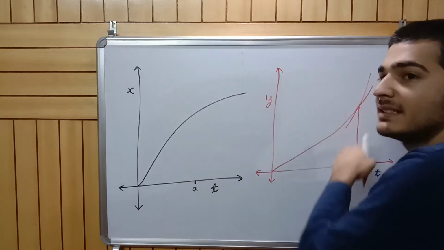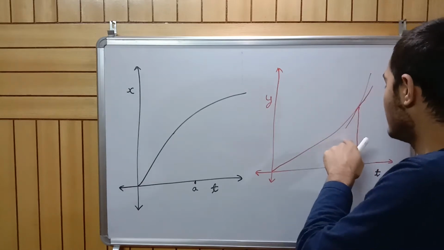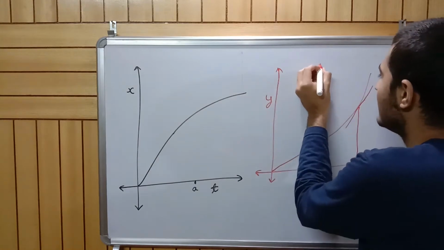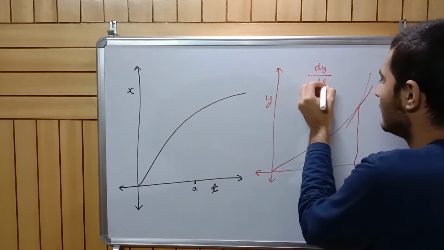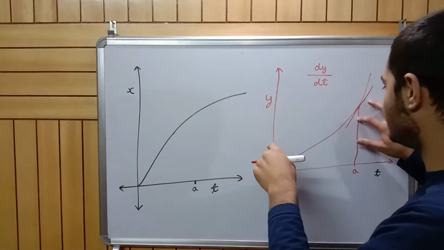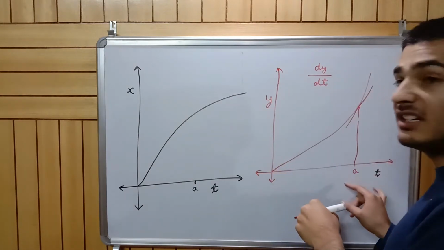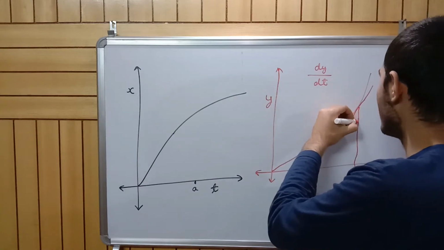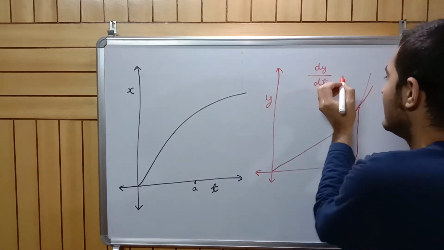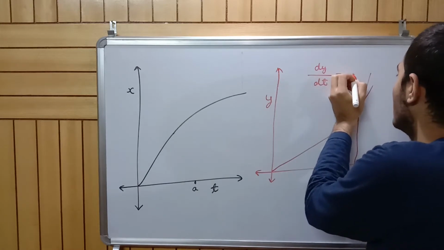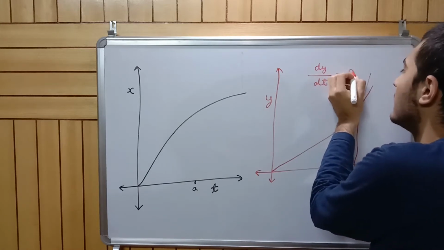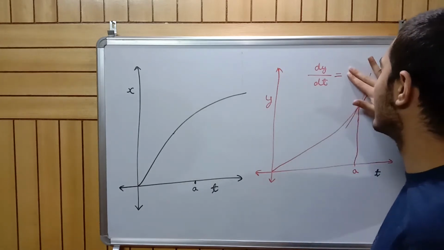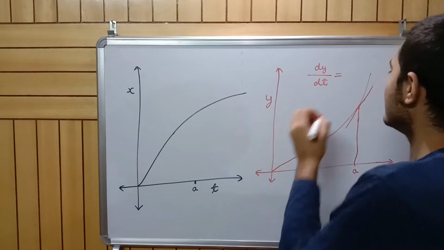If I find the slope of this tangent, the rate of change at this point, because this is y, I'll get dy by dt. So this is a small change in y upon a small change in t. So dy by dt, the rate of change at this point, the slope at this point, is given by dy by dt, equals, let's say, some value p. Could be anything. Now let me take an example here. Let's say that rate of change is 5 here,